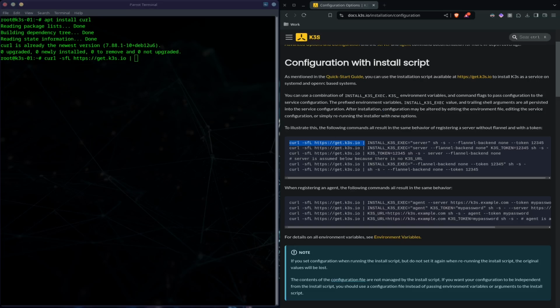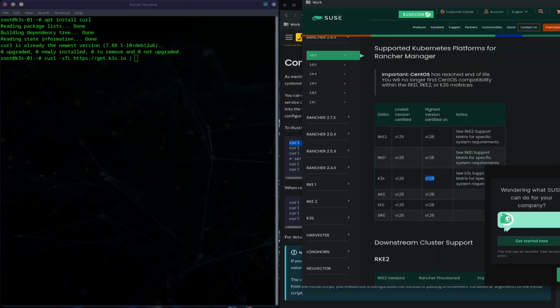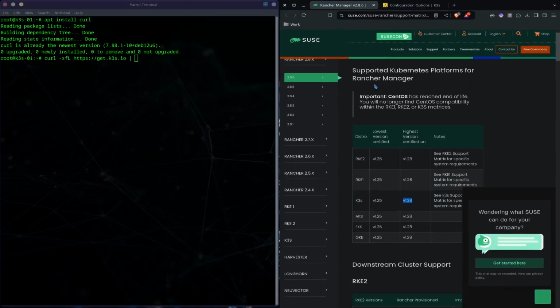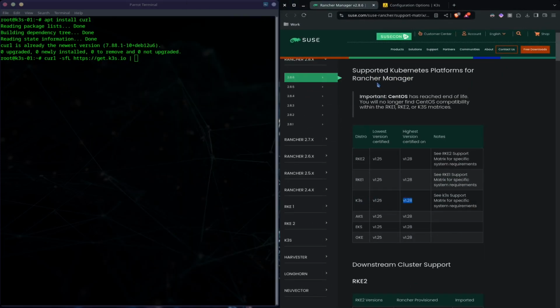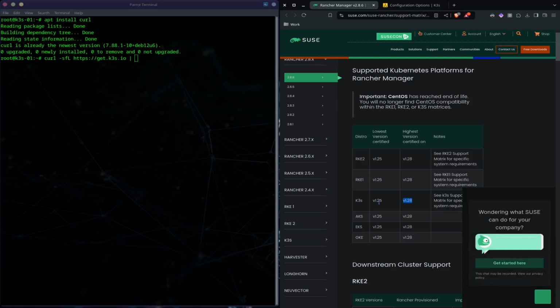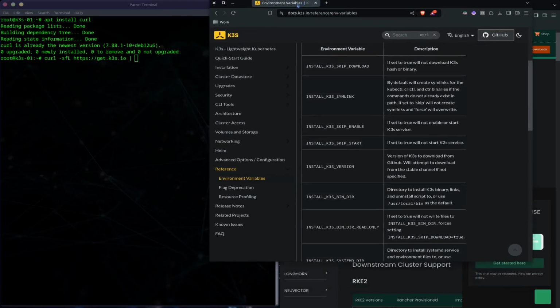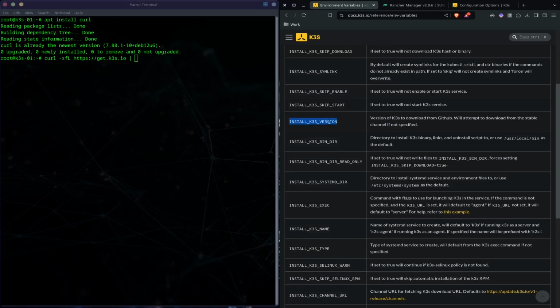Now, the reason for this is Rancher only supports up to a certain series of K3S. I'll show you. So we're installing Rancher to manage our Kubernetes cluster, and K3S supported is only between 1.25 and 1.28. So as a result, we're going to need to define an environment variable to install a specific version of K3S, which is right here. So we'll go install